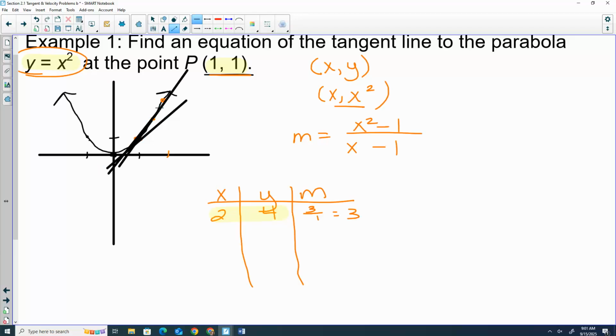Is that one going to be exactly my tangent line? No. Is it closer than when x was 2? Yeah, okay, let's try that. So if I put in 1.5,